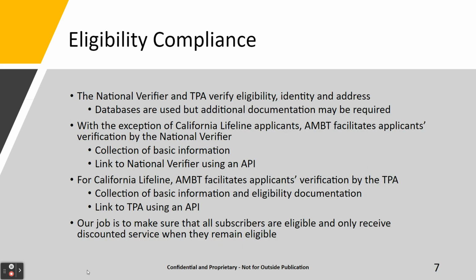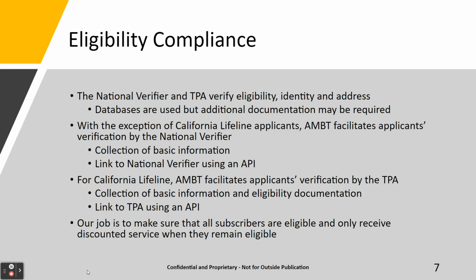Now it's time to drill down deeper into a few areas of compliance, starting with eligibility. Remember, eligibility can be income-based and program-based for both Lifeline and ACP. We don't determine eligibility for Lifeline or ACP in any state, but we have an important role to play in making sure that only accurate and legitimate information gets submitted. Garbage in often means garbage out, as in erroneous eligibility verification. If we, and that means all of us, including our enrollment representatives, contribute in any way to bad information going into that National Verifier, NLAD or TPA, we will be held accountable for it.